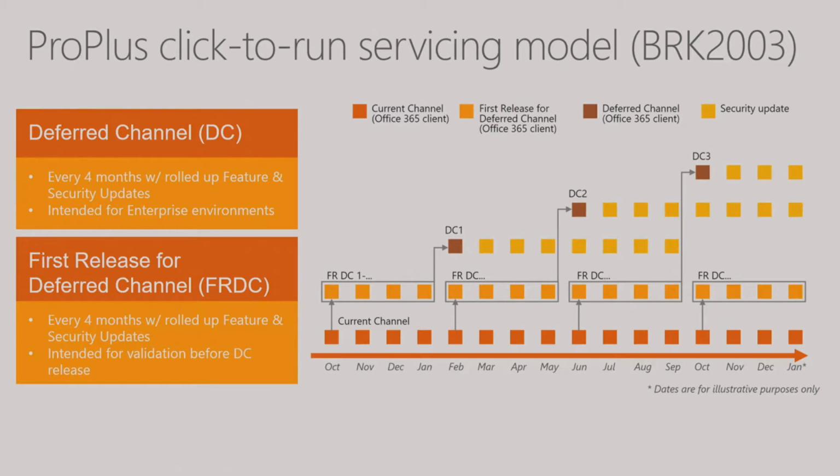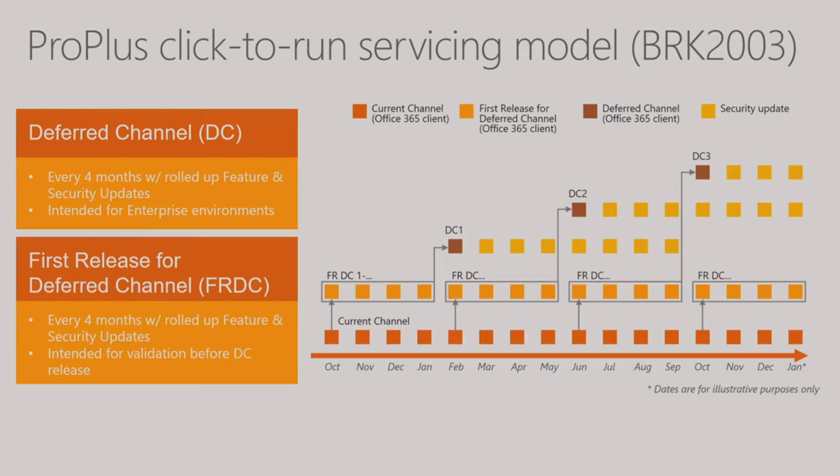One is called deferred channel. This is the most relevant for enterprises. This channel will receive feature updates three times a year. Between these points in time, the feature state is stable. It just receives security updates, so your client is still secure, but the feature changes happen only every four months. For this channel, there's also a preview, what we call first release for deferred channel. Four months ahead, we make a version available with the same feature set, which can be used by, for example, application owners